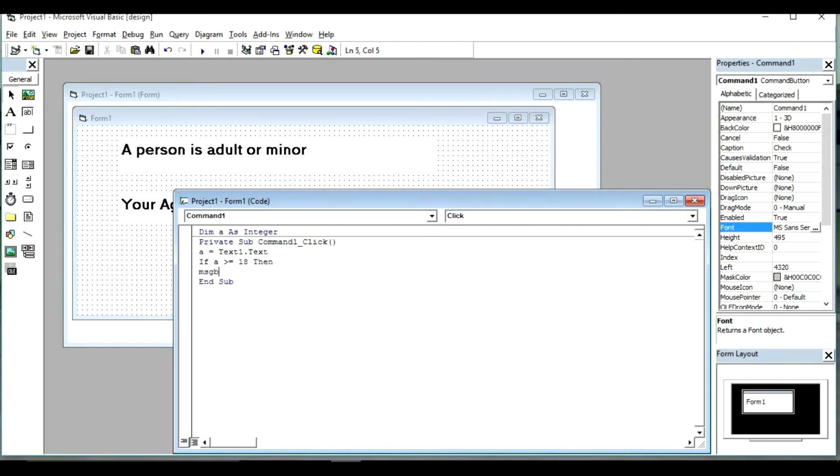message box, msgbox round bracket, inverted commas, you are adult. Okay, enter. Else msgbox, you are minor, round bracket close, and if